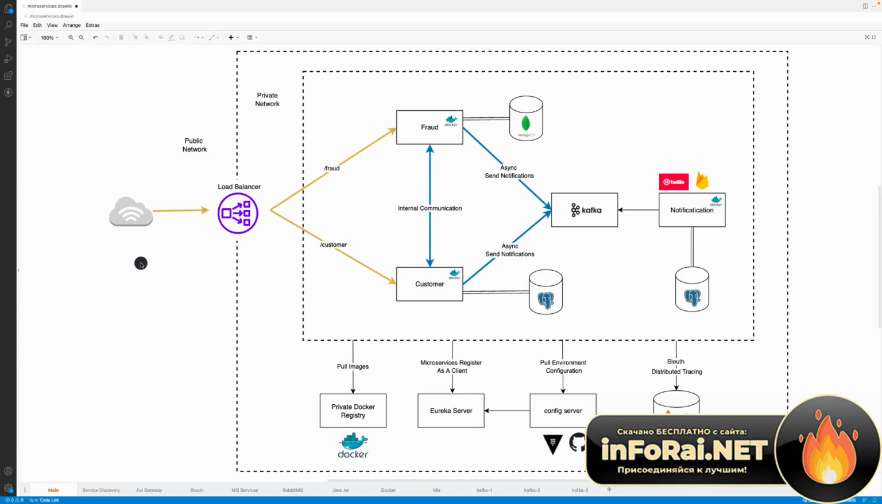All right, let me give you an overview of what you're going to be learning in this course. So we're going to build this microservice architecture where we'll have a load balancer, and in here within the private network, so on this side you've got the public network, and on this side you have the private network. So we'll build a fraud microservice that talks to customer microservice, and these will basically send notifications through a message